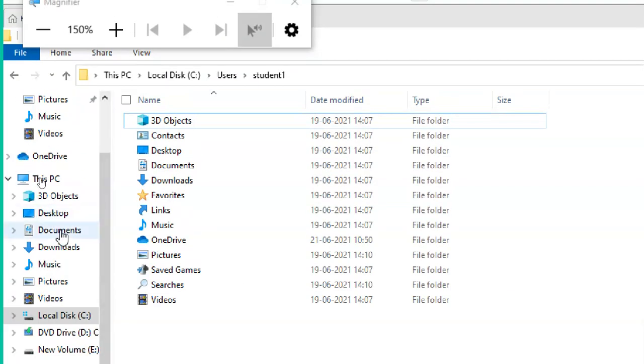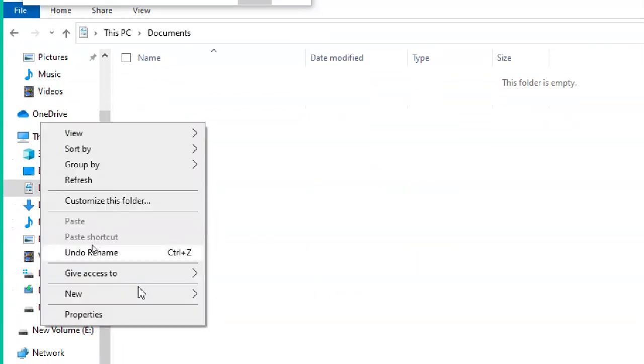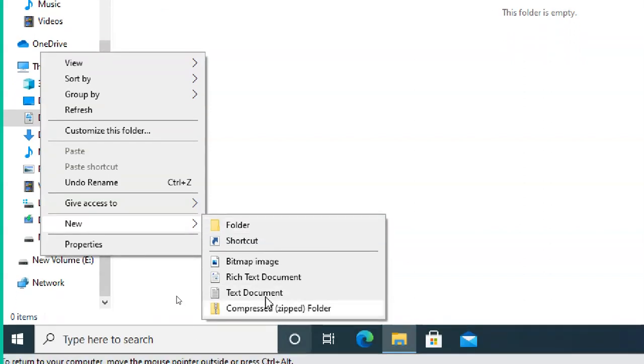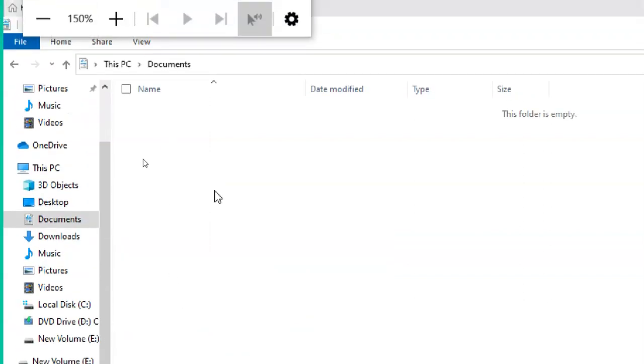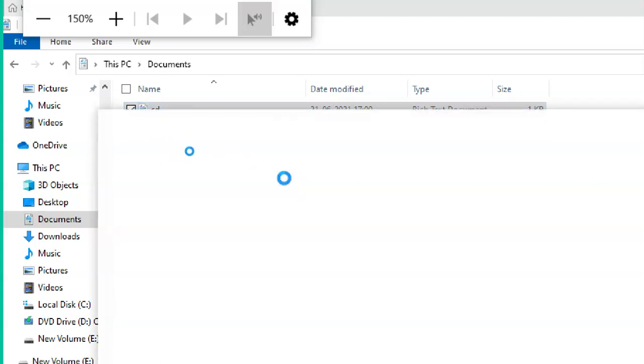Next, I'm going to My Documents. I create a document here, something like ESD, some documents. An empty document is fine, or if you want to add something in it, you can add it.